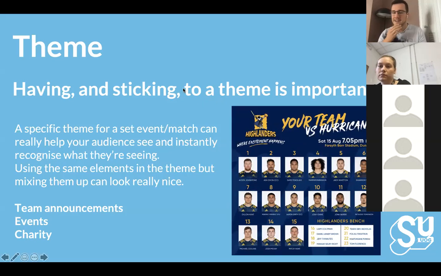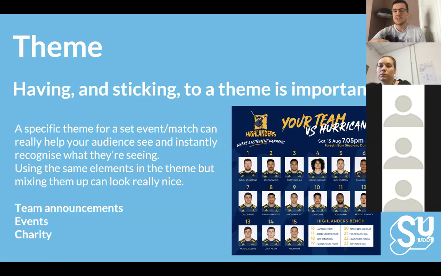So I've used the Highlanders as an example here, some really great social media that I found of them. This is their team announcement sheet, and the first thing I see is that it's so clear. There aren't bits where you think, oh, I can't read that because it's on a different text. Everything's very blocky, and this is a very blocky example of a theme. Other people might enjoy something less blocky or more sporadic, or paint and stuff like that. So it's all about finding your theme and sticking to it.